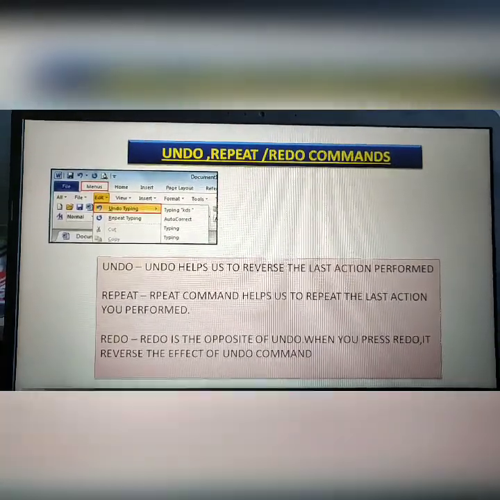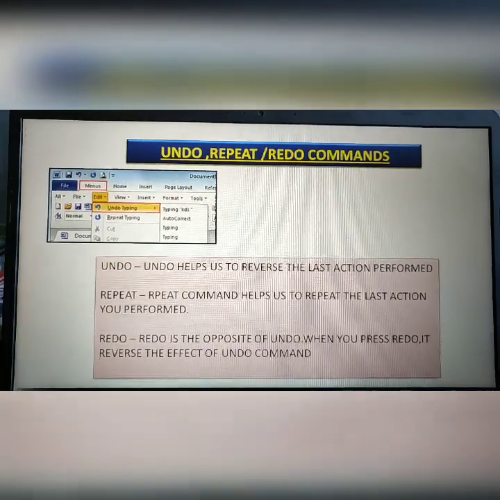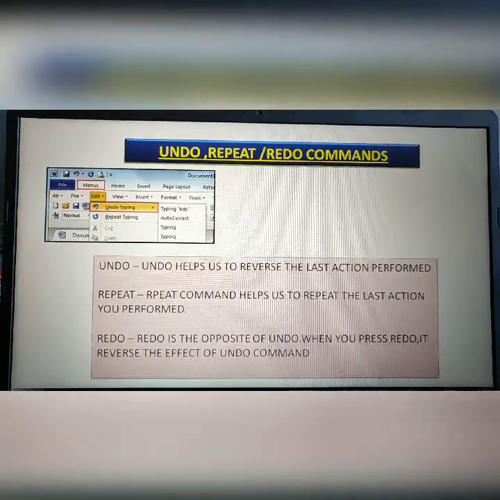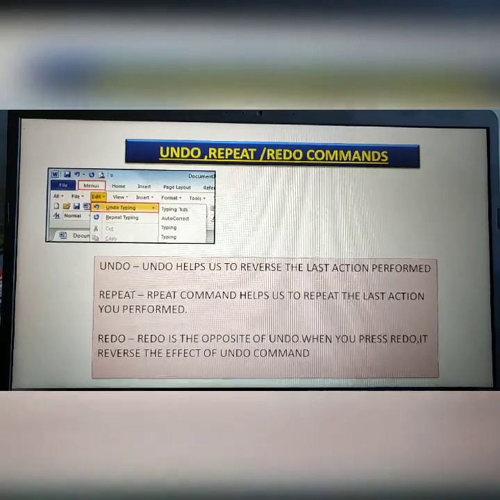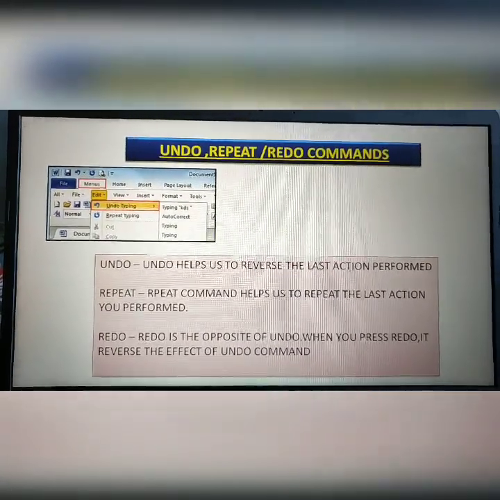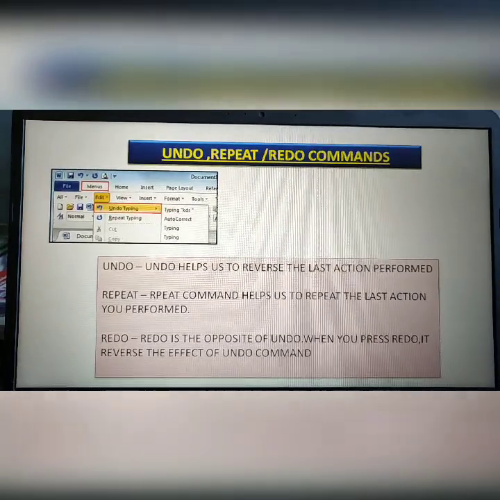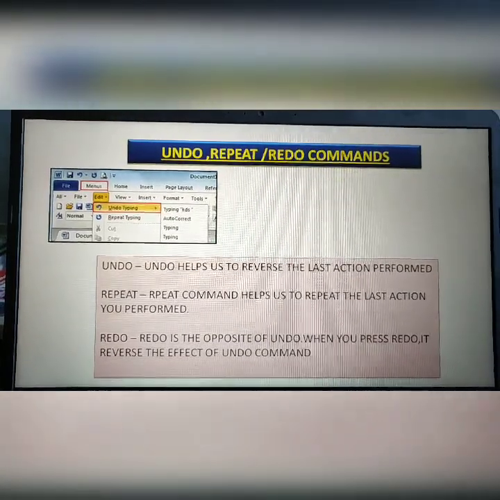Let's see what is redo. Redo is the opposite of undo. When you press redo, it reverses the effect of the undo command. That means the functions of redo and undo are totally different from each other. Undo helps us to reverse the last actions we performed, and when you press redo, it reverses the effect of undo.